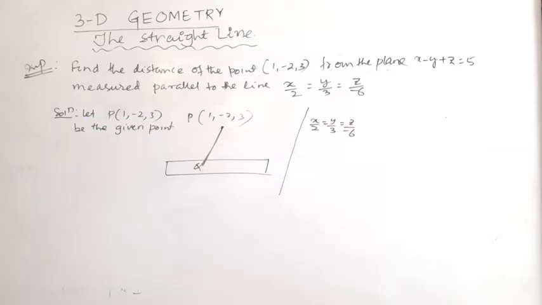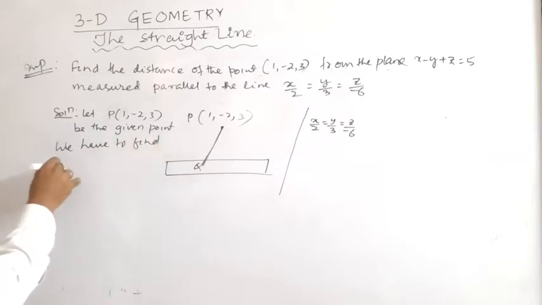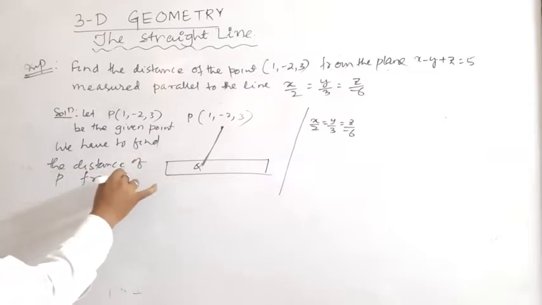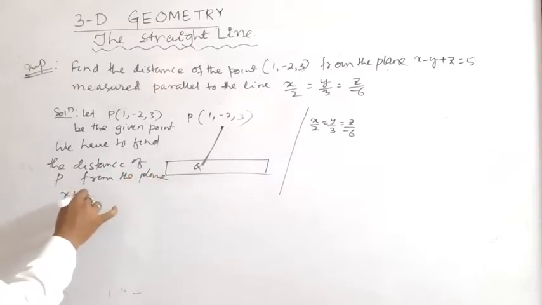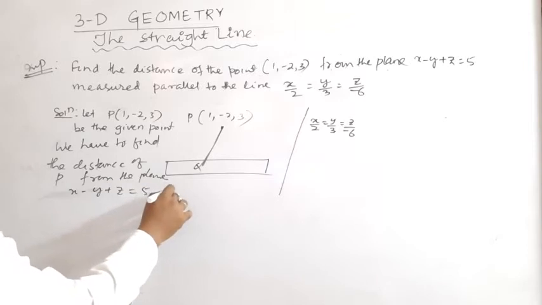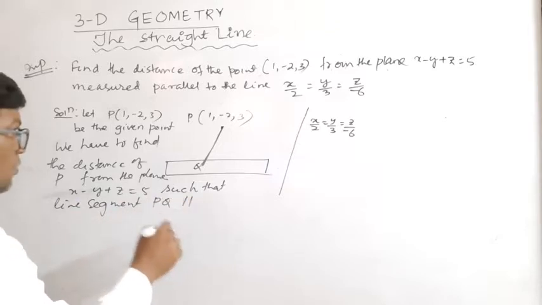Okay, then given points we have to find the distance of P from the plane x minus y plus z is equal to 5, such that the line segment PQ is parallel to the line